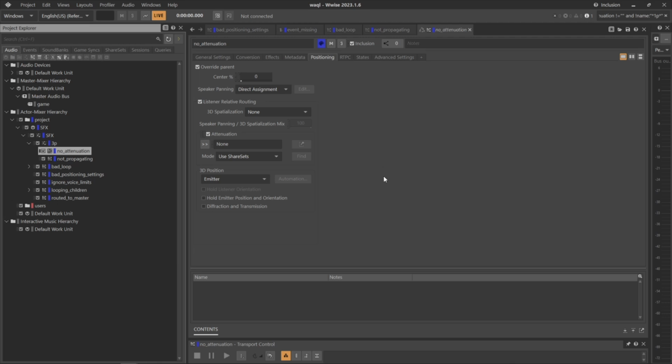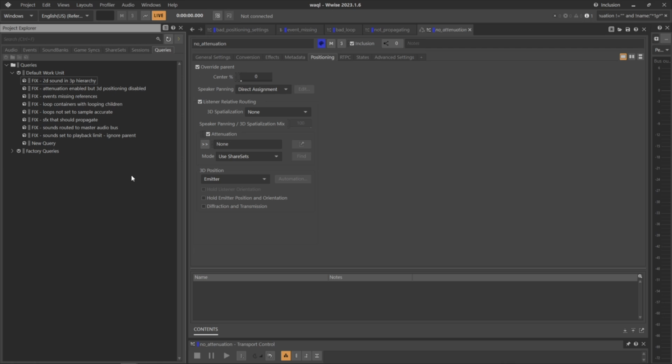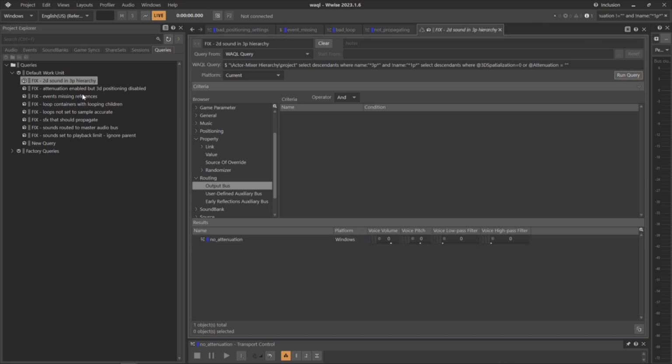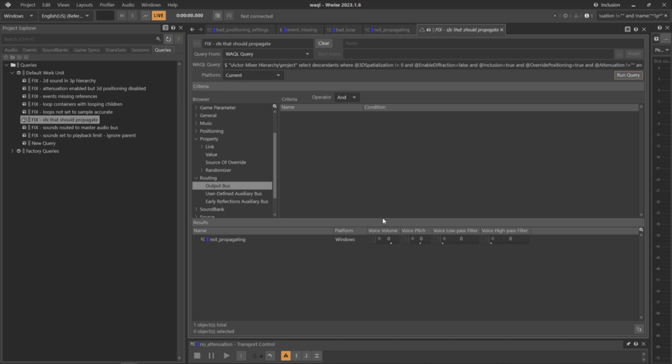So it's really great to lean into naming conventions that you have set up and to check for issues that can occur, making a little bit of assumptions, but they're correct assumptions that this is definitely going to result in a non-ideal bug. So that's just some of the queries that you can set up in your project. I really hope that it gives you some ideas of things that you can search for. With these queries, once you set them up, you can be running them all the time to check for these issues. And that's really great for project maintenance, to be able to find these things so thoroughly